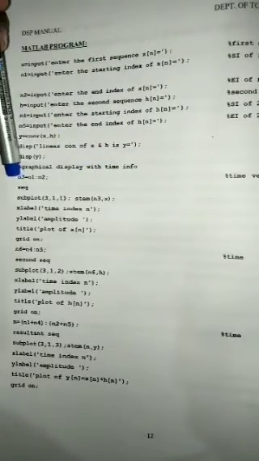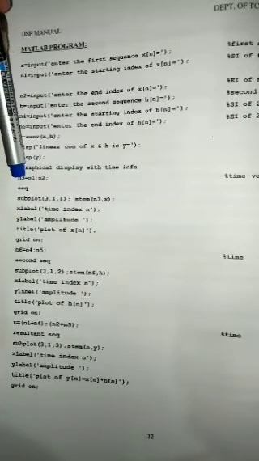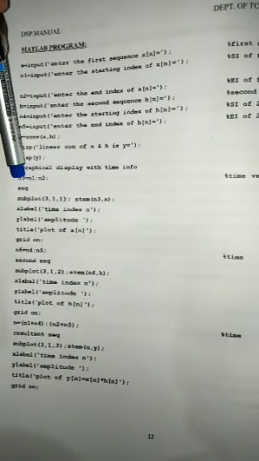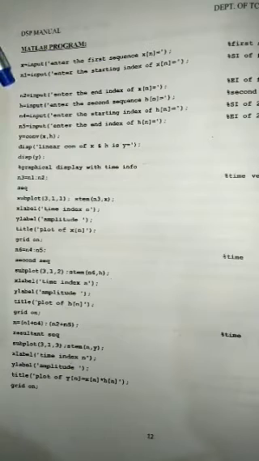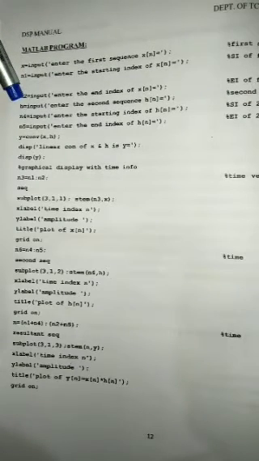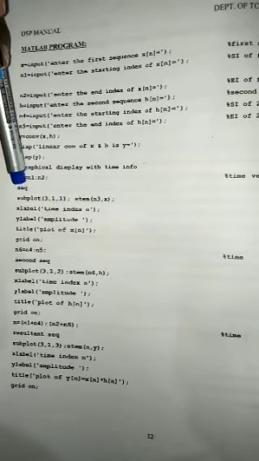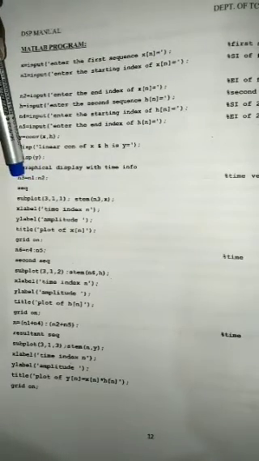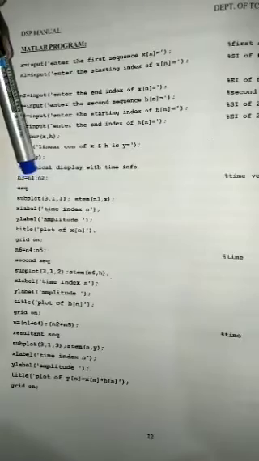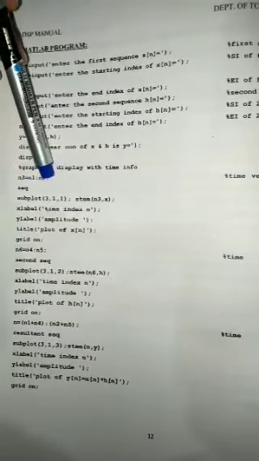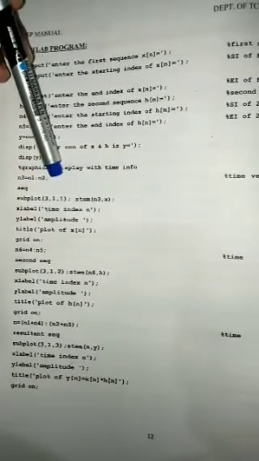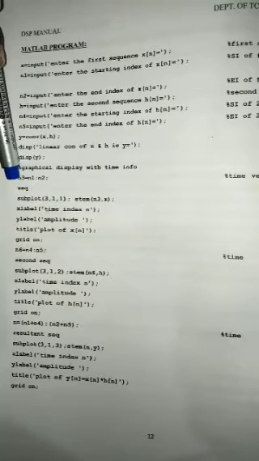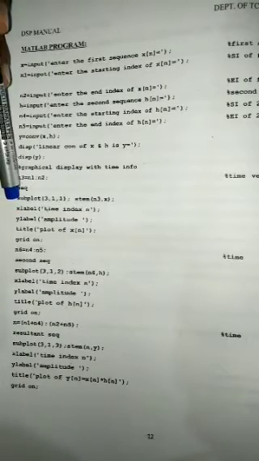Now n3, here n3 is considered to display the first sequence. Now the first sequence is starting from n1 and ending at n2, isn't it? Now it has to be written in this time frame. This is the syntax to consider the time index, that is n3 is equal to n1 colon n2. It means n1 to n2. Okay, now this sequence has to be considered to plot the first sequence, that is subplot.